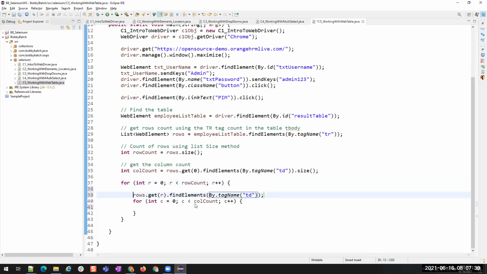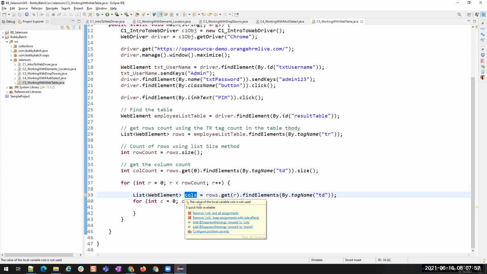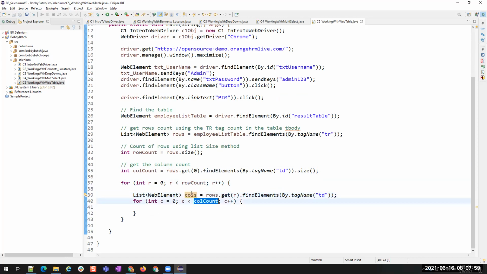So this I'll be storing in a list of web elements, columns. I can use this column count, or I can use this cols list and get the count of it. I can use any way, anything is fine.